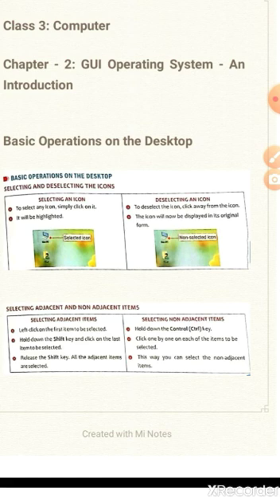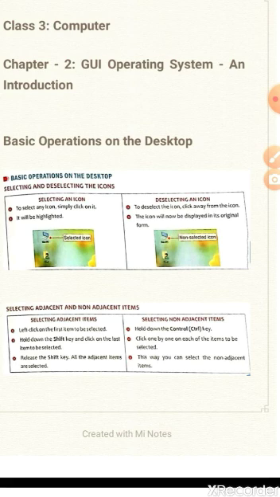So these are some basic operations, like how to select it, how to deselect it. If you select something and you want to remove that and go to another icon, how do we do that? For this, we have to learn this topic: selecting and deselecting the icons.